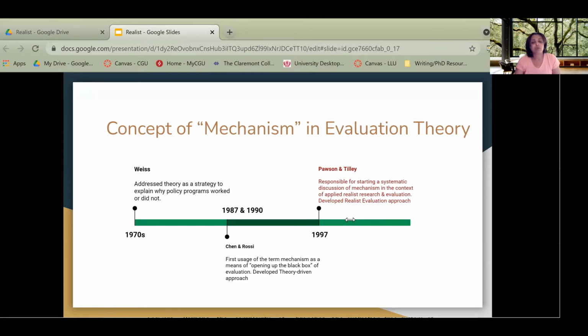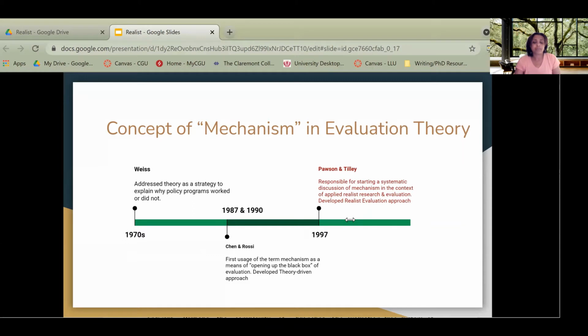You can look back to the work done by Chen and Rossi in 1987 and 1990 that represents the first usage of the term mechanism as a means of opening up the black box of evaluation. This idea of explaining the reasons why a program causes